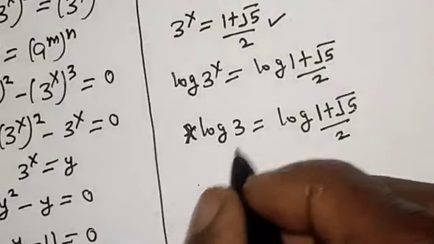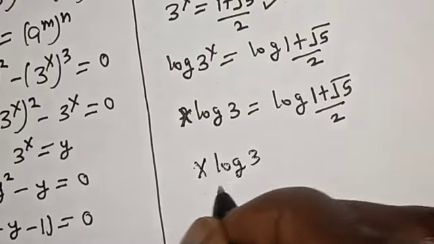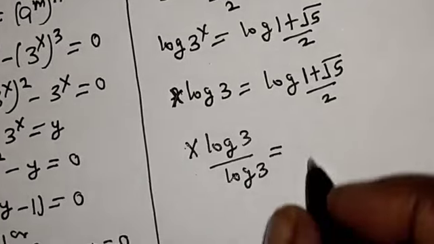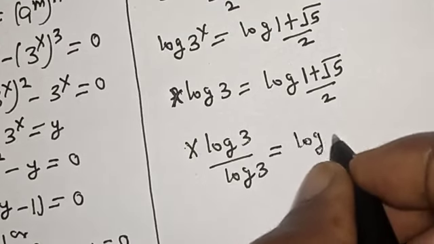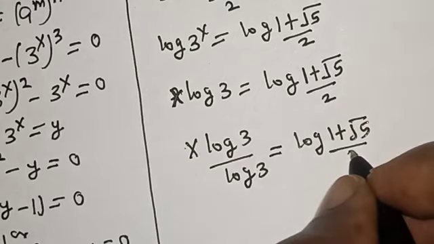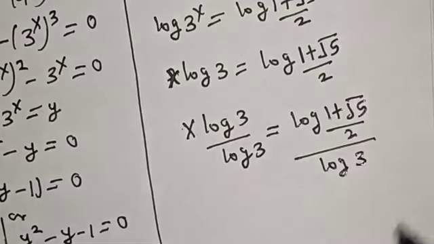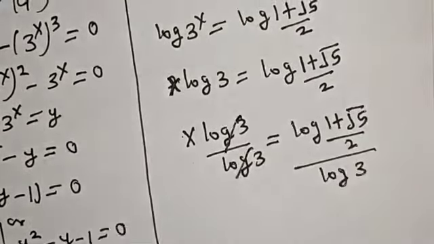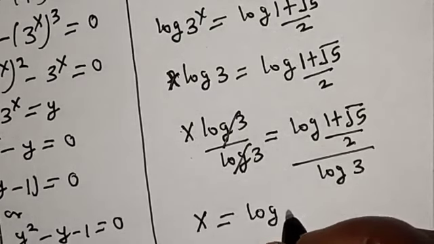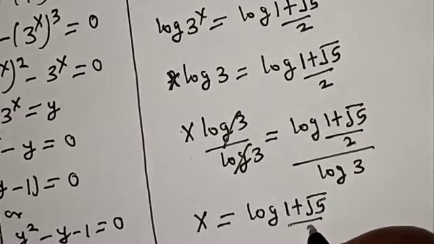Then let's divide both sides by log 3. s log 3 divided by log 3 is equal to log of 1 plus root 5 over 2 divided by log 3. And this one will cancel this. Then s is equal to log of 1 plus root 5 over 2